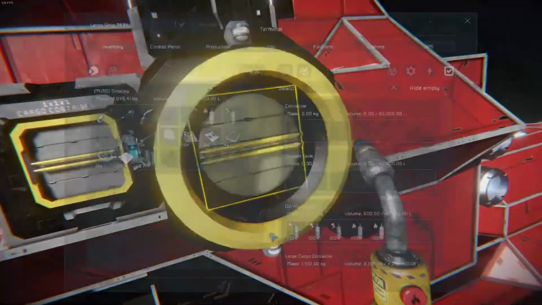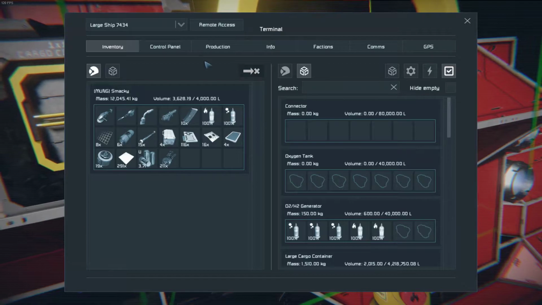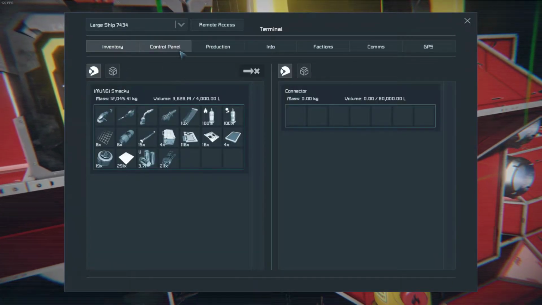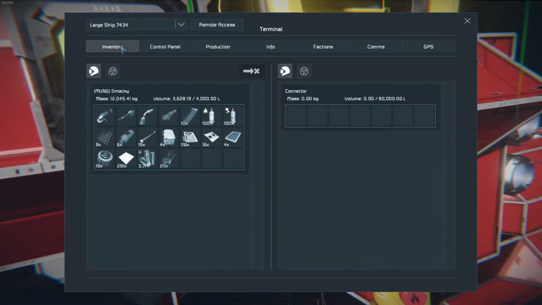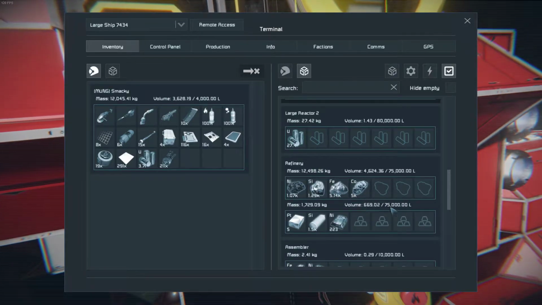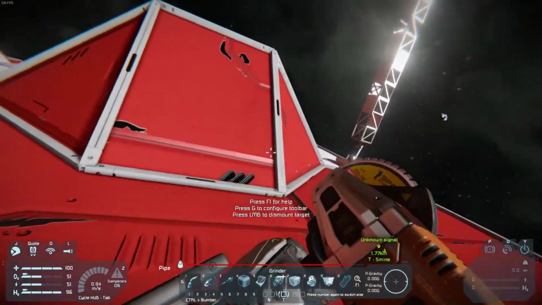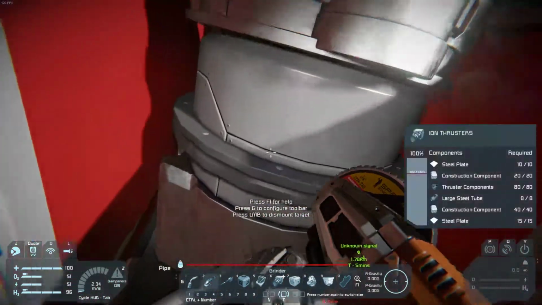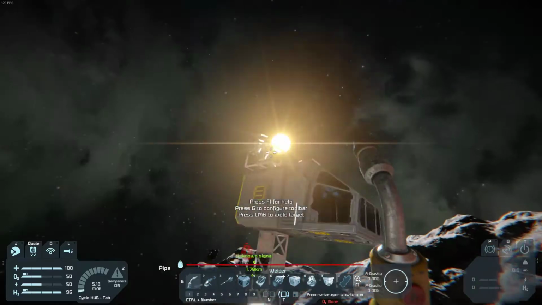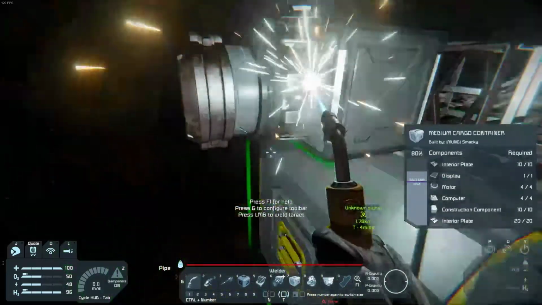I'm pretty sure there's some here. Okay, so what do we need for thruster? Gold and platinum. Do we have gold and platinum in... we have cobalt and... Okay. Alright, that's fine. Thruster components. We're on a big ship that has lots of thrusters, so... There we go. Inventory full, but we're holding 30 thruster components, so that's more than enough. I'm going to complete the thrusters, so...